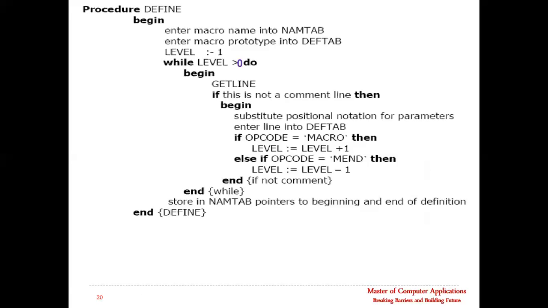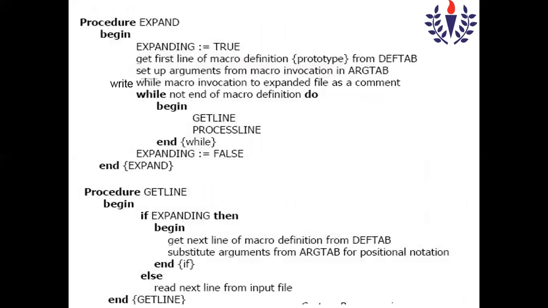So till now we have discussed how a simple macro is defined, and how a one pass macro processor works for simple macro definition. Later on we discussed nested macro definition, and how the one pass macro processor works for that. Now see, this is the second procedure, expand. The previous one was the define procedure.